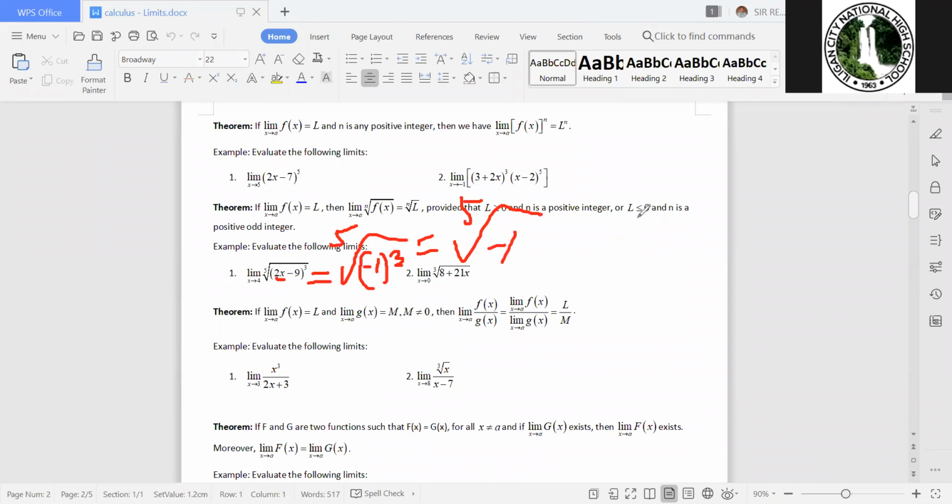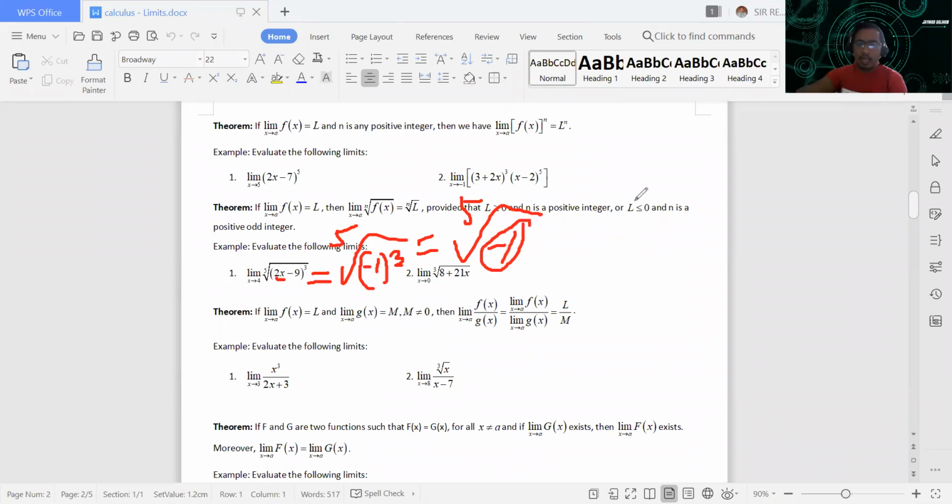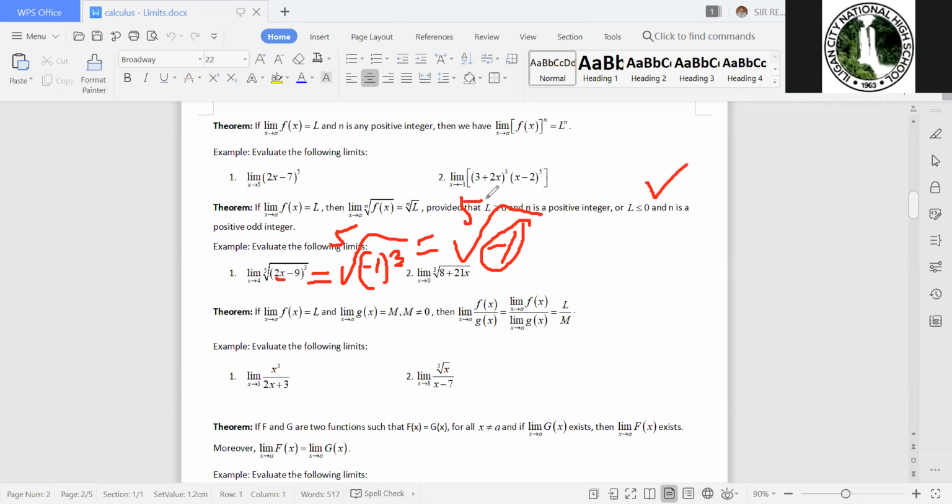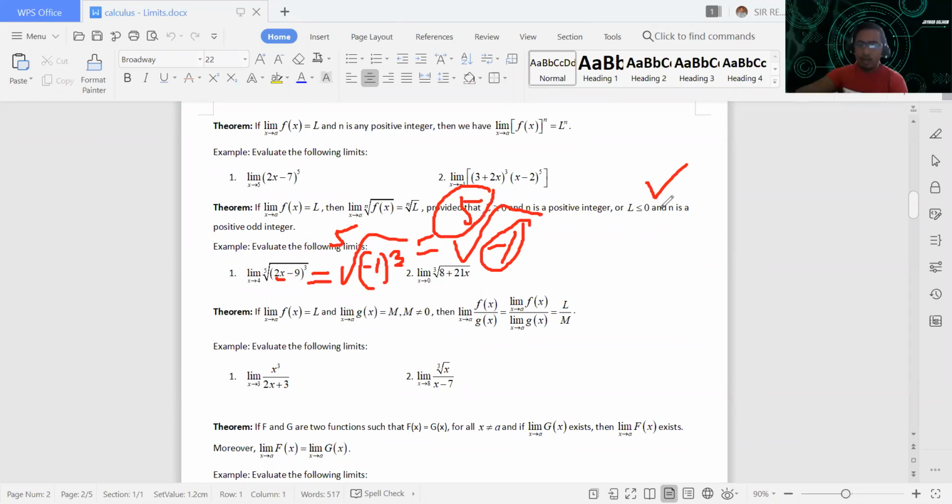Observe, the L inside is less than 0, right? But the index is odd, so it means we can still get an answer. Remember